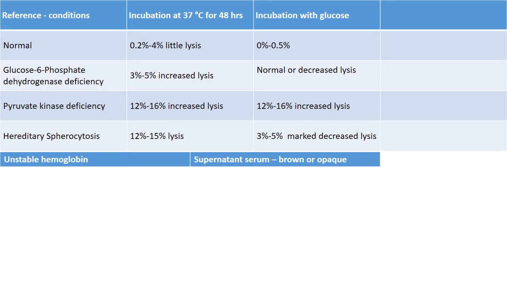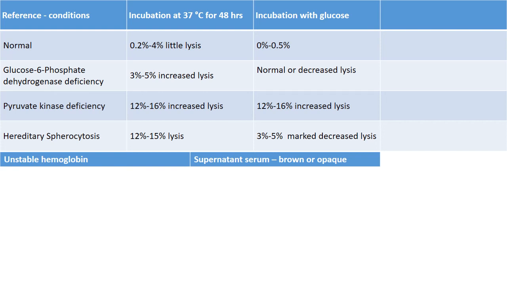Interpretation. Little or no lysis occurs when normal blood is incubated for 24 hours under sterile conditions, and after 48 hours the amount of lysis is small. This is in the case of normal. If glucose is added so that it is present in the blood throughout the incubation, the development of lysis is markedly reduced. Increased amounts of lysis are seen in hemolytic anemias such as spherocytosis, both hereditary as well as acquired.